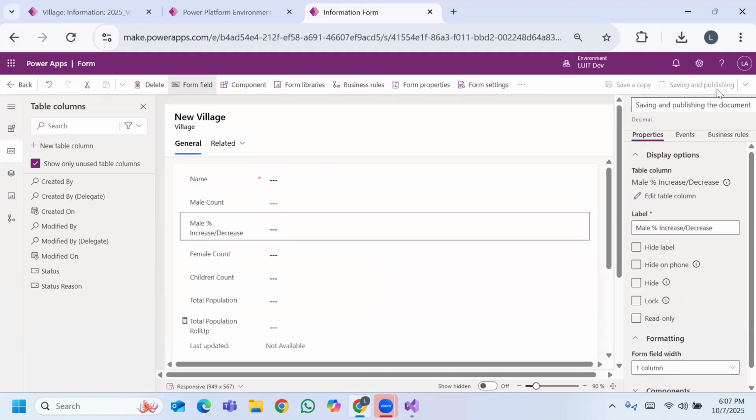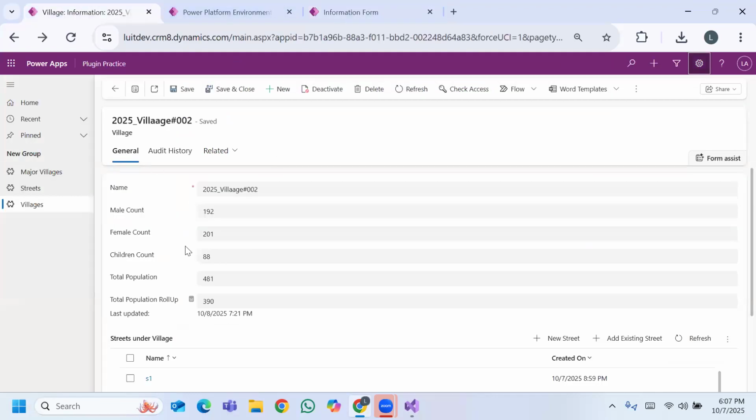So to calculate the values, you should know what is the before male value, what is the current male value, right? So when should you trigger? Whenever you are updating this village record, you have to trigger a plugin, right? So for that purpose,